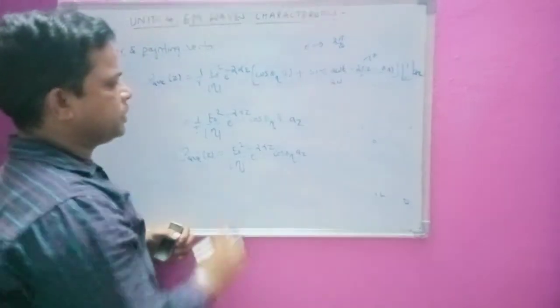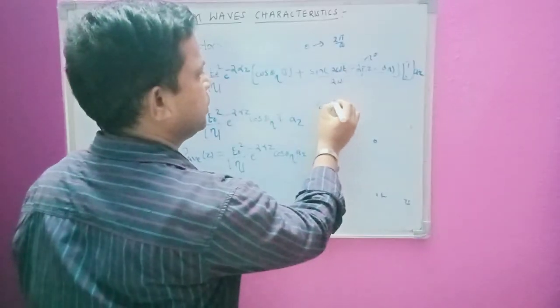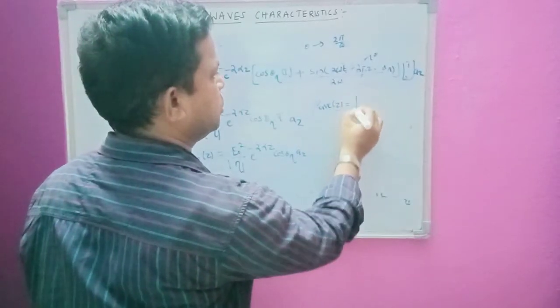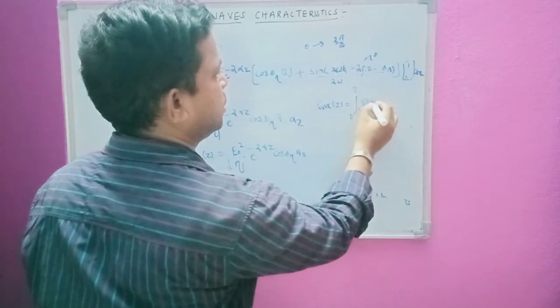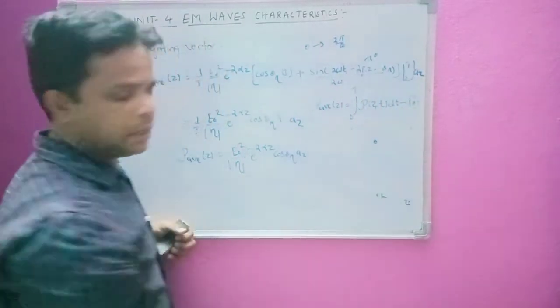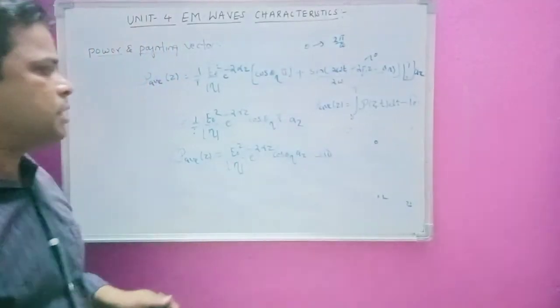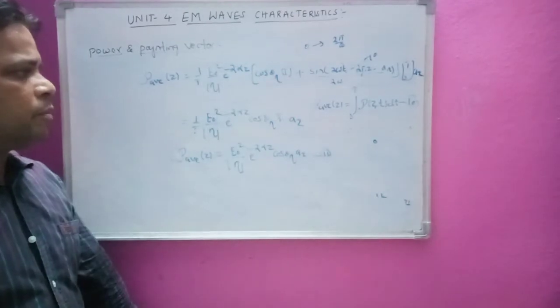So that is what you have taken. Now this equation is very important. Whatever equation we have considered, that is P average of z, the integration 0 to T of P of z comma t dt, consider this as equation number 10 and this as equation number 11. So we have to follow the sequence. Now we have got up to equation number 11.